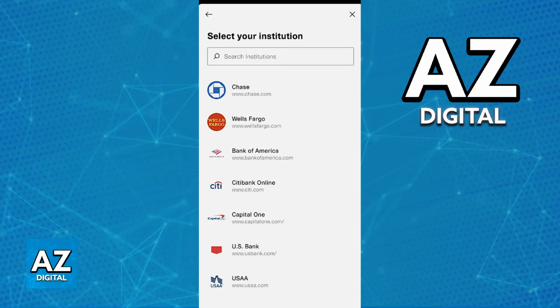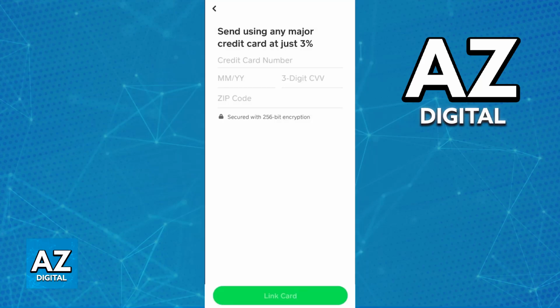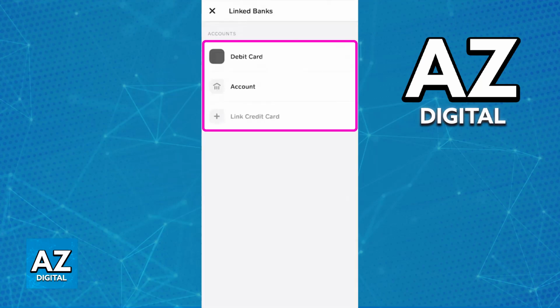By choosing from any of the financial institutions listed in there, you will be redirected to another page where you can use your credentials to sign into your bank account. If you don't see that option or you don't find a specific financial institution, you can also add your bank using your debit card. So choose whichever option you prefer. And once this is done and you have linked the account properly, you will be able to start the process